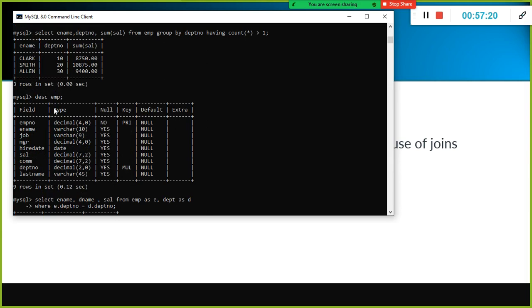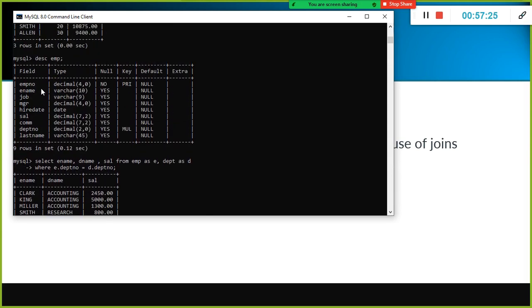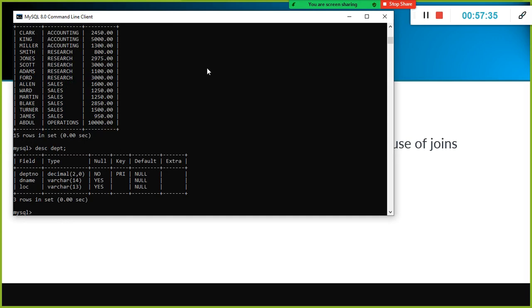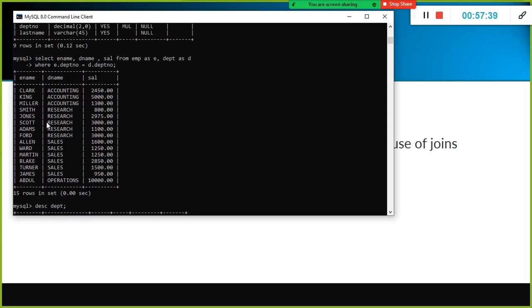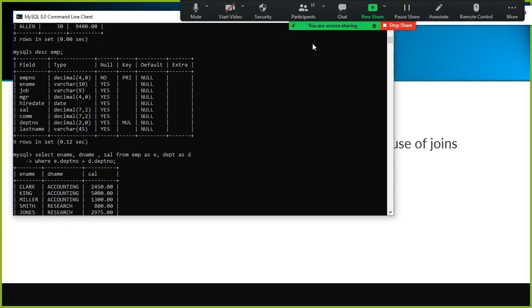In order to get the department name, what we need to do is join the employee table's common column with the department table's common column. Look here, describe depart. So what column is common between these two tables? Jamal, can you tell me what column is common between these two tables?